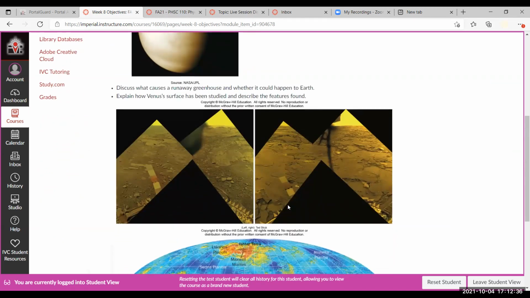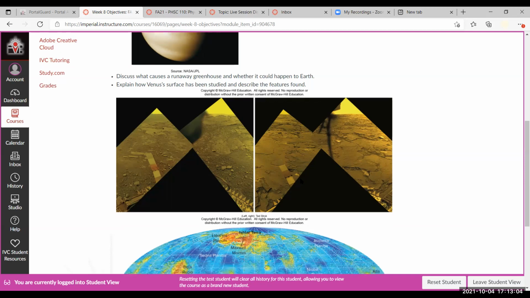On the surface, it's really, really baked by the temperature and also the acid that rains on this planet. It has extremely high temperatures. The Russians had a couple of landers, and the lander there lasted for about 90 minutes, and then basically it melted and could not survive anymore. So the point being in here is the surface is extremely hot, extremely hostile, and the geology of it